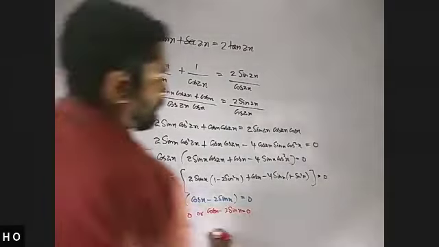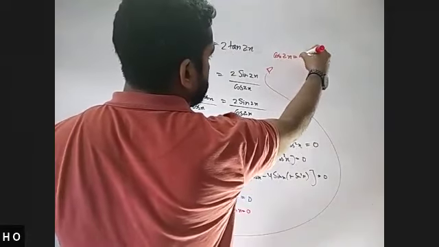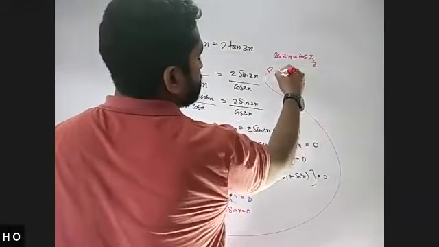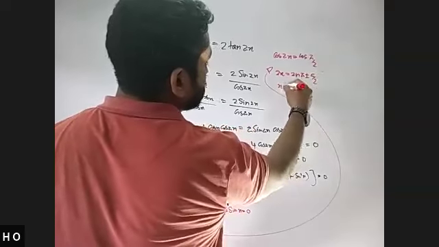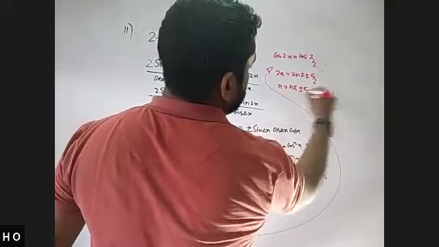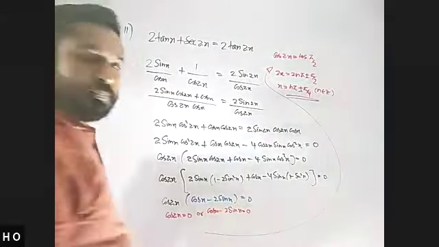Here, cos 2x is 0. What is the primary solution for 0? Pi by 2, 90 degrees. So 2x is n pi plus or minus pi by 2, and x is n pi over 2 plus or minus pi by 4, where n is any integer. That is the first part. For the second part,